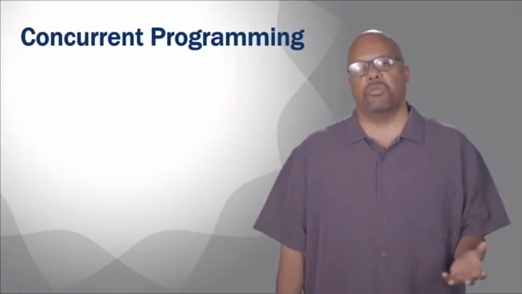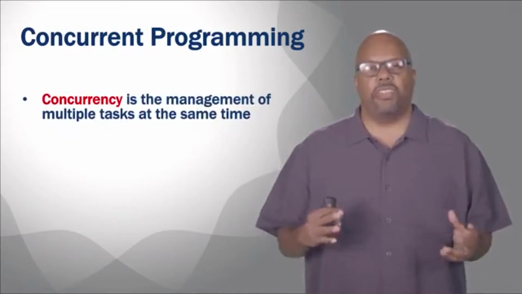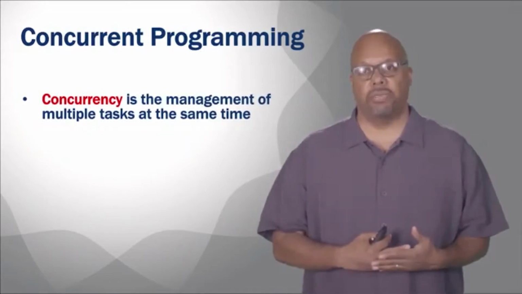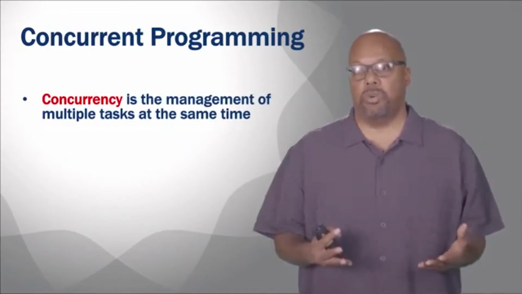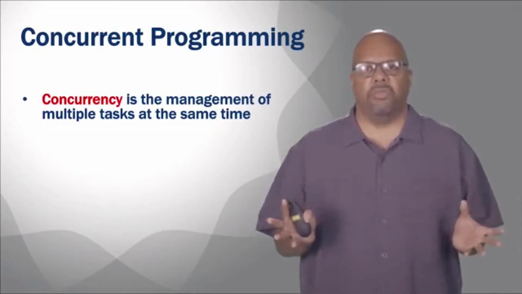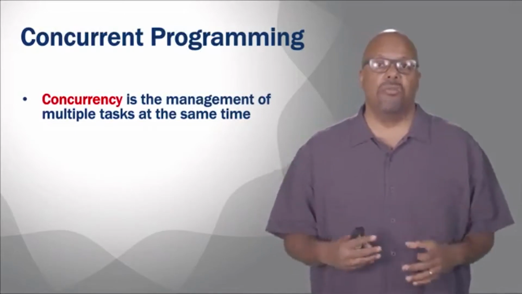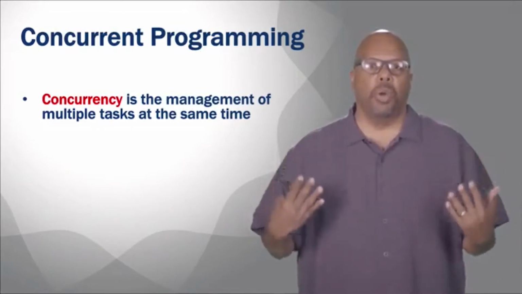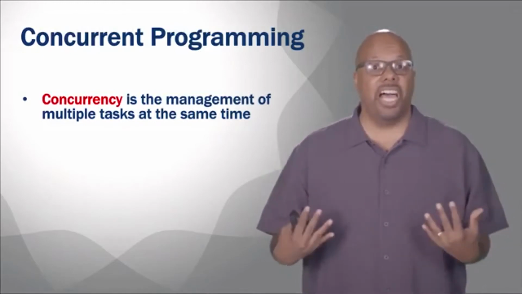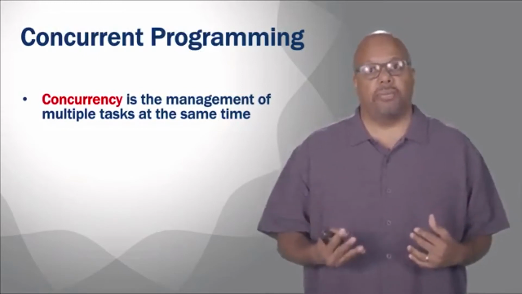So in comes concurrent programming. Concurrency is the management of multiple tasks at the same time. When I say at the same time, they might not actually be executing at the same time. Maybe they're executing on a single core processor. They're not actually executing at the same time, but they are alive at the same time. They could be executing at the same time if you had the resource. So maybe one is paused while the other one's running, but they are all alive at the same time and need to be handled, at least from the user's perspective, at the same time.